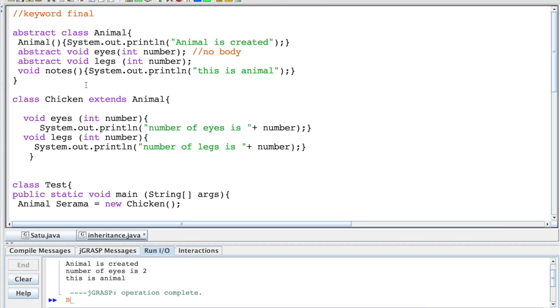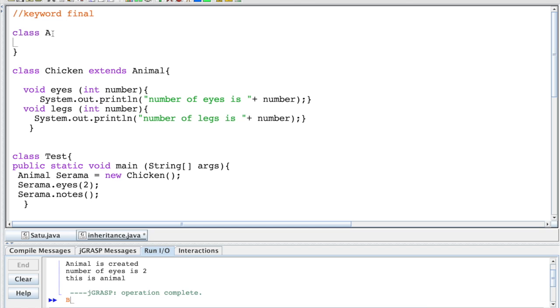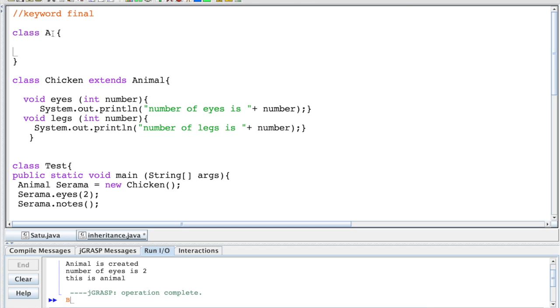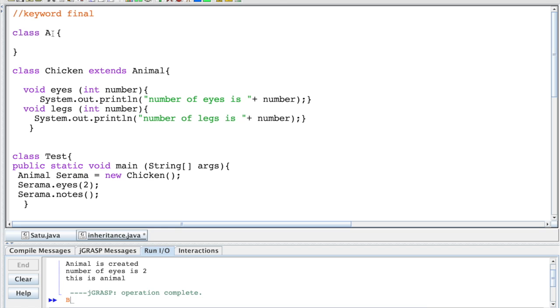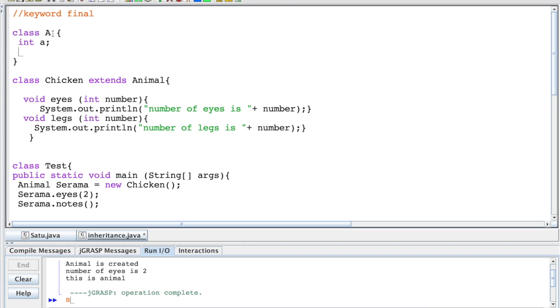So let's say, the easiest, maybe I will just have this class, make it a simple class A. Yeah, and then under this class A, you have, let's say, a method or integer A, and then integer process A, yeah,